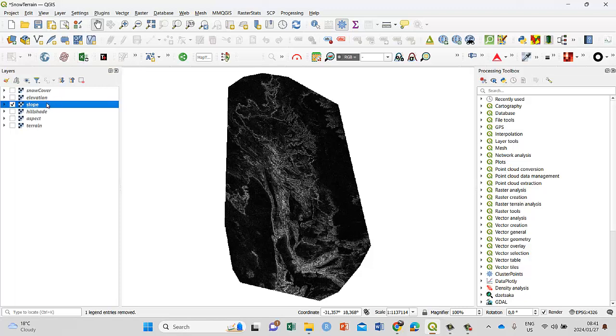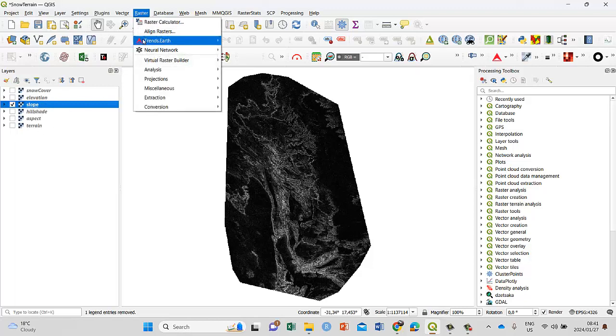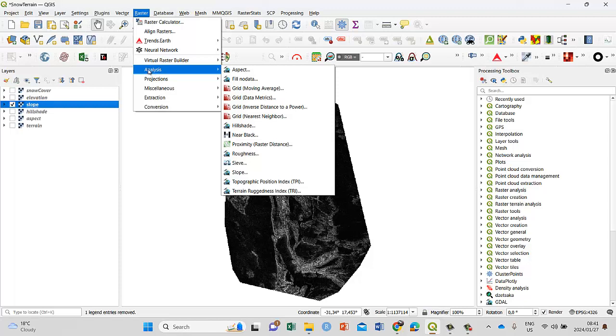Okay. So to generate these in QGIS, you go to the raster. And you see in the raster, it's got analysis here. And that's typically your terrain analysis functions. And you'll see there is slope. Okay, and you'll see there is aspect, there's the hillshade, and it's got a couple more like the sieve, it's got roughness, etc., etc. So there's a couple more that you can do, but let's quickly go and have a look at